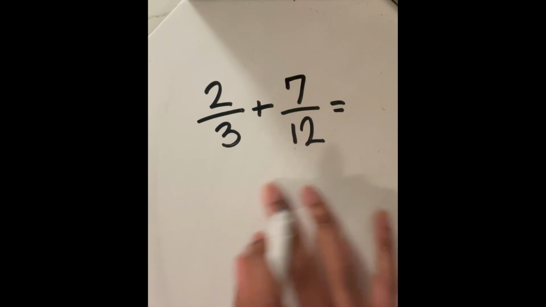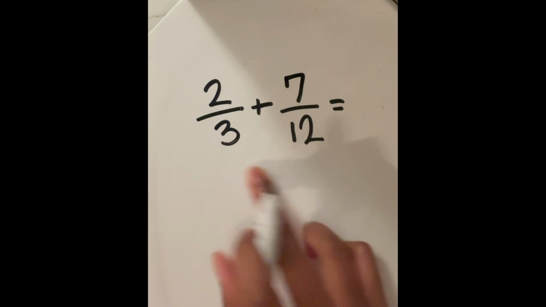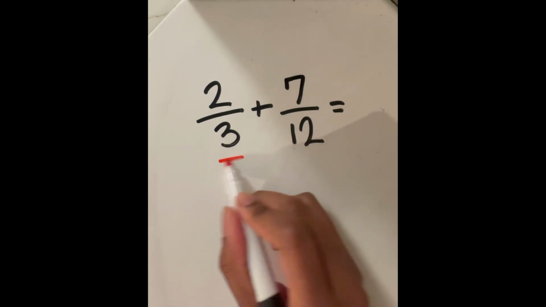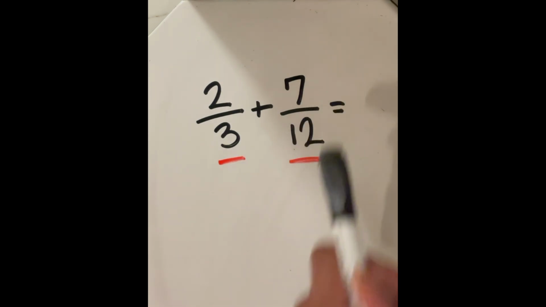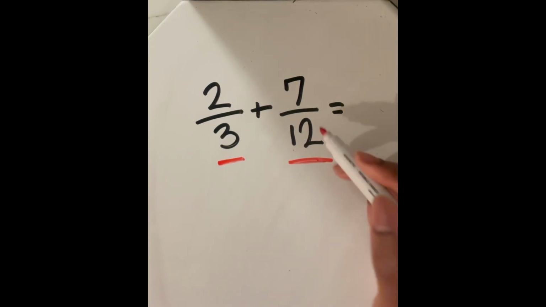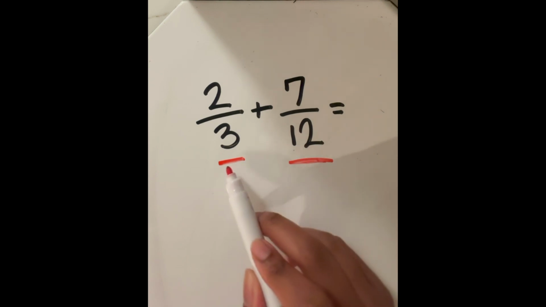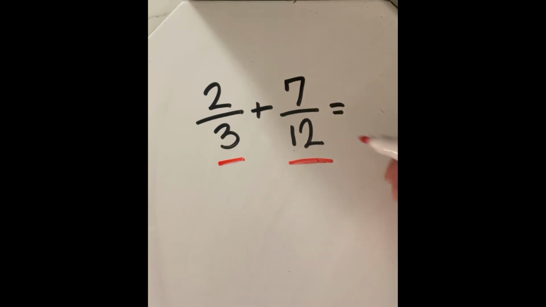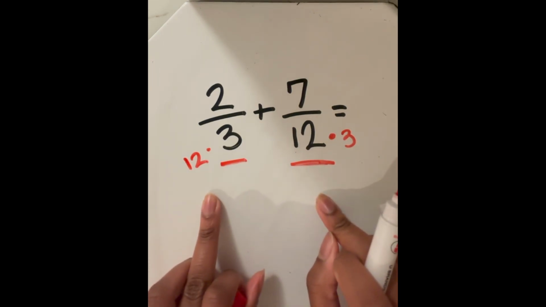in order to add our fractions and combine them, we have to have a common denominator. So that means that our denominators have to be the same. So in this situation, we have 2/3 plus 7/12. We have 12 over here as our denominator in this second fraction, and 3 over here as our denominator in this first fraction. Instead of necessarily doing 12 times 3 and 3 times 12 to get a common denominator, we